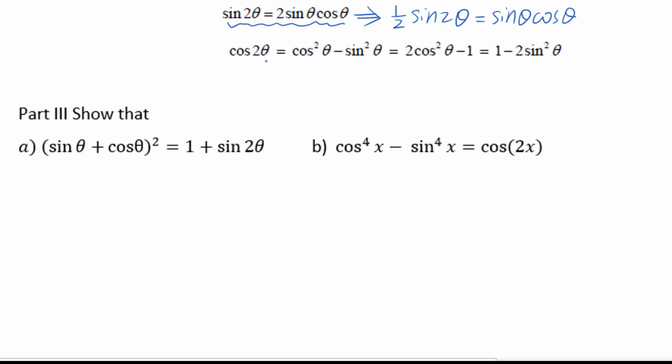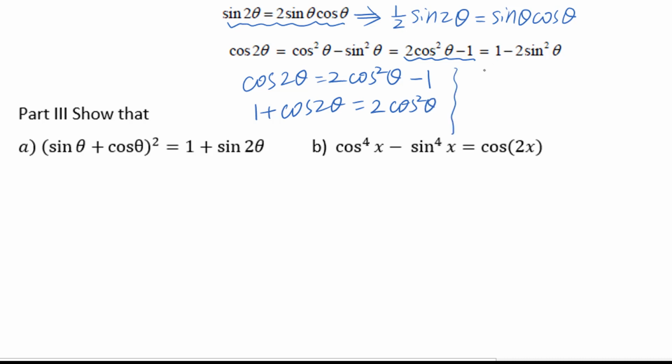For cosine 2 theta equals cosine square theta minus sine square theta, it also equals this. If you have cosine 2 theta equals 2 cosine square theta minus 1, plus 1 on both sides, you could see 1 plus cosine 2 theta equals 2 cosine square theta. For cosine 2 theta equals 1 minus 2 sine square theta,